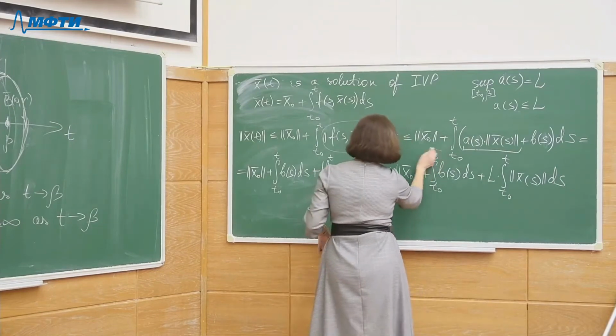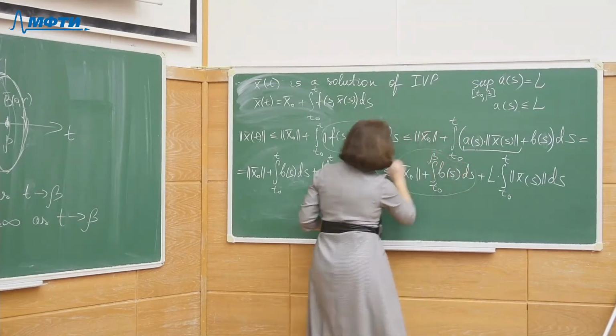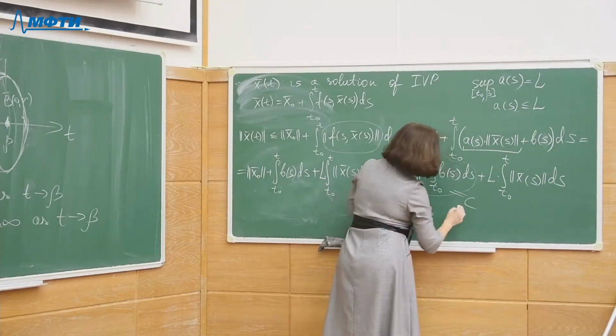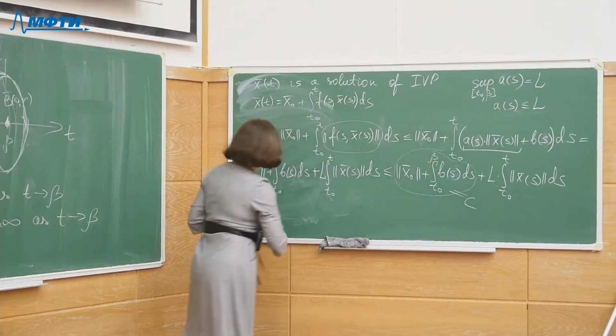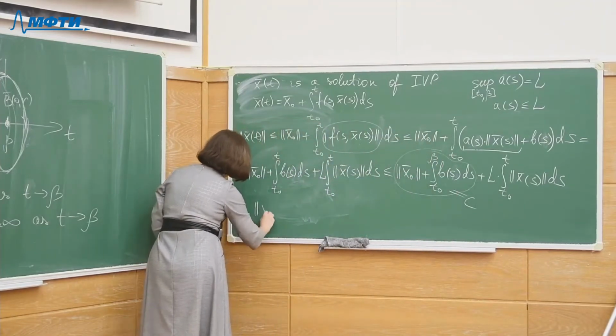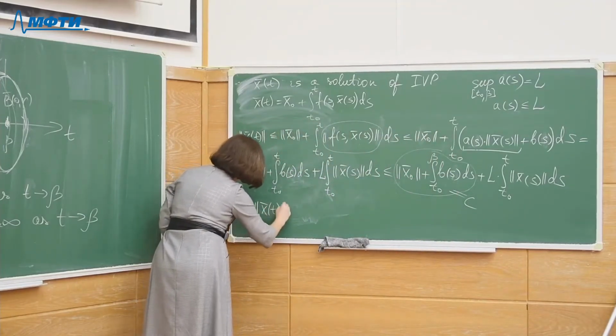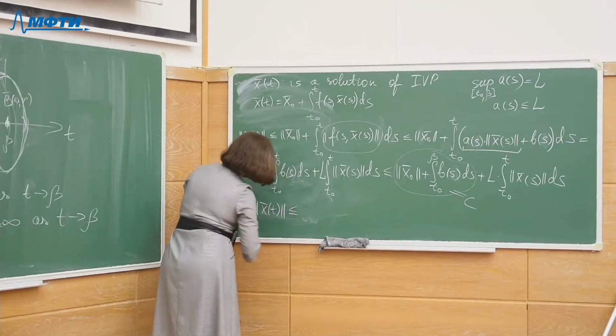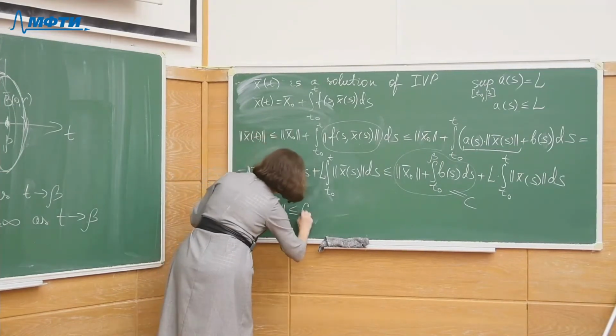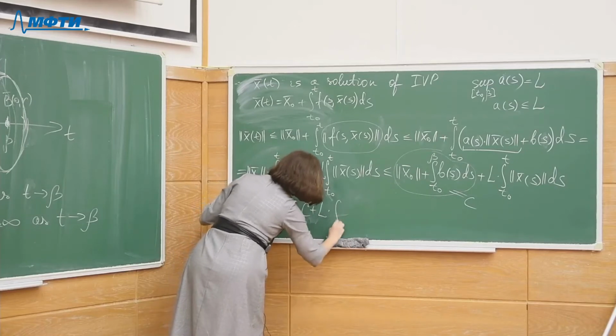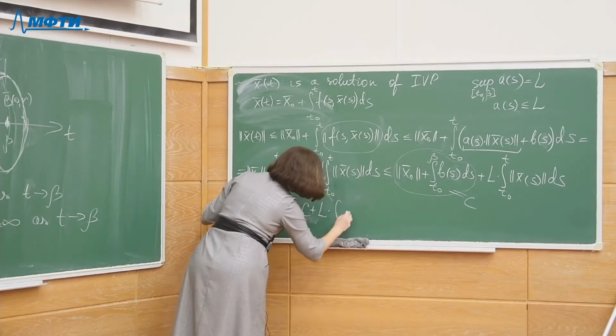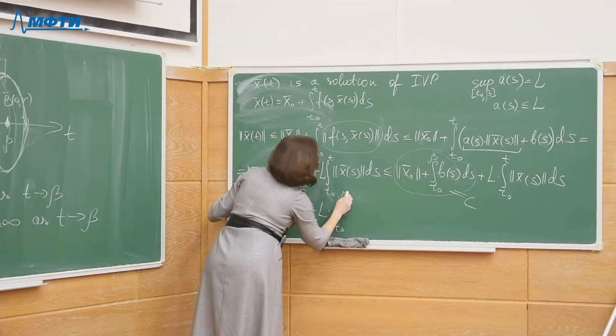Okay, and if we denote this by the letter C, and this is L, we can see the following. We can see that the norm of x of t doesn't exceed C plus L times the integral from t0 to t